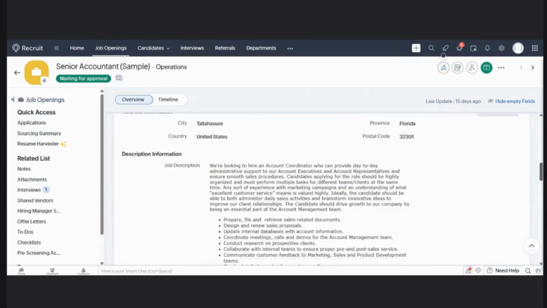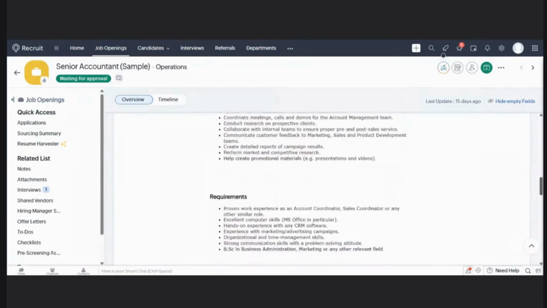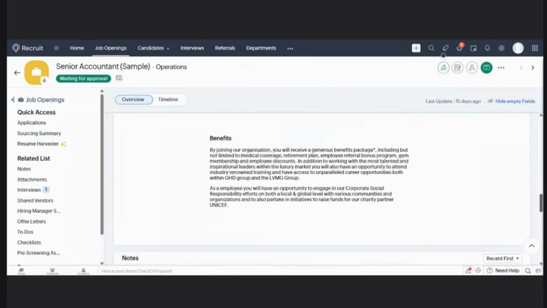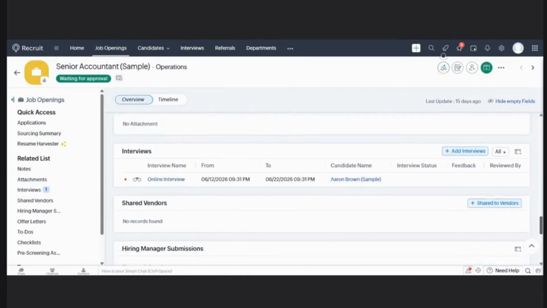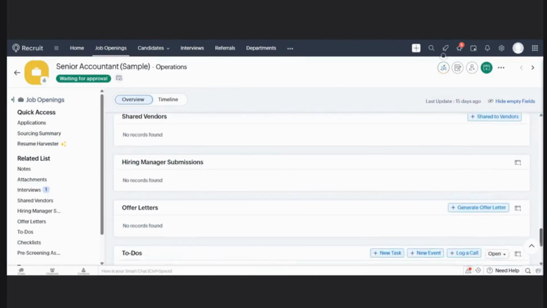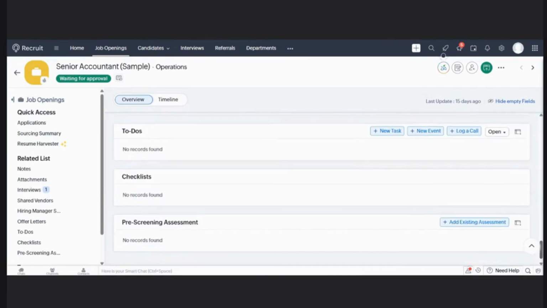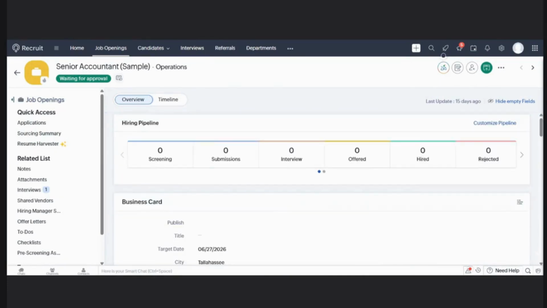You can also see the job description here. If you want to make any changes, you can make a change here. If you want to attach something, you can do that here as well, right? So this will give you a total overview of what a position is like. Now going back to job openings,